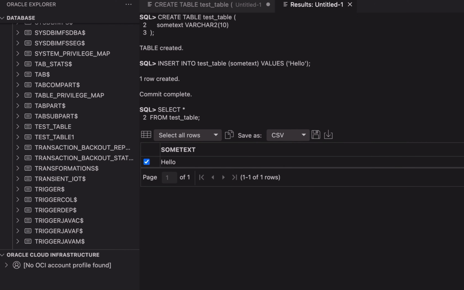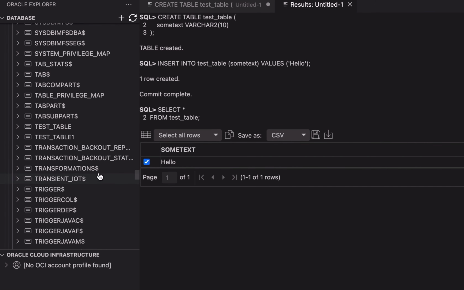There are a few handy features on the Results tab here. You can select or unselect all rows in the output, which can then be copied or exported using the next few buttons. You can save the results as either CSV or JSON data. The next buttons allow you to save the selected rows in the output, or fetch all rows and save them. Let's see what else you can do with this extension.